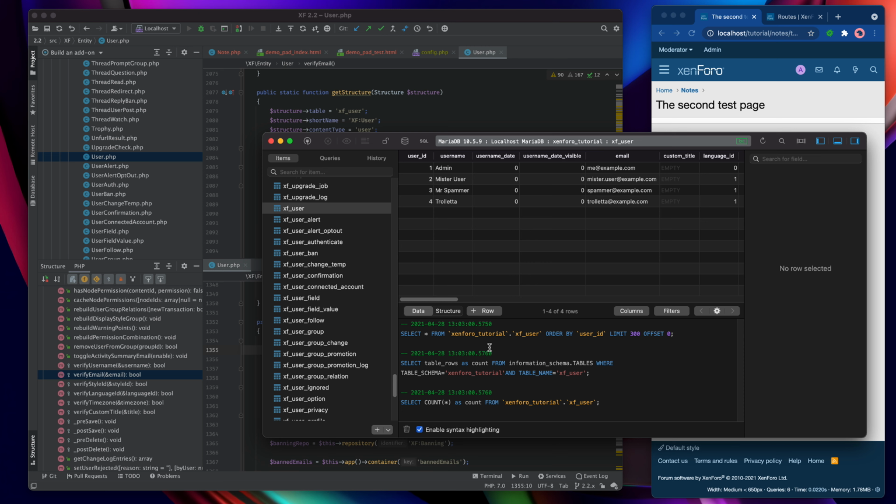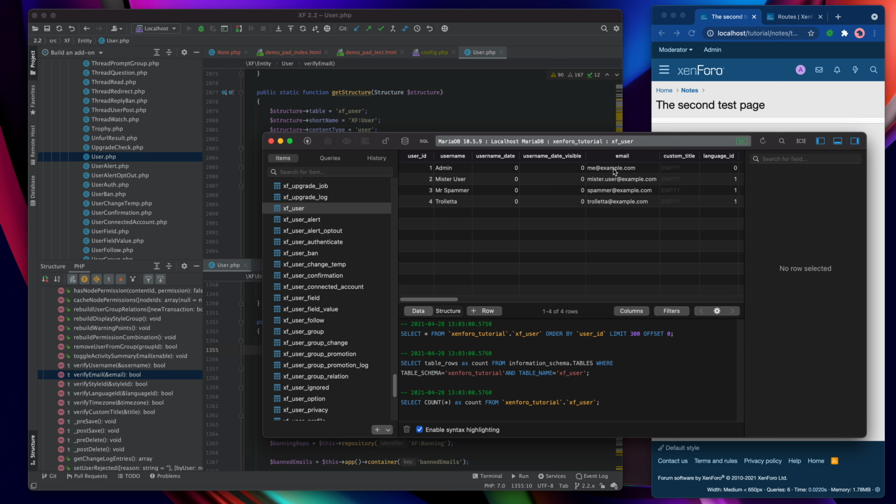Our system is called entities, and an entity represents the data for one particular item, so maybe a single user, together with all of the relations for that particular data, so maybe all the posts that a particular user has made, and any properties and useful or helper methods that go along with the data. So for example, the user entity has the ability to authenticate itself without going off and talking to some other system elsewhere.